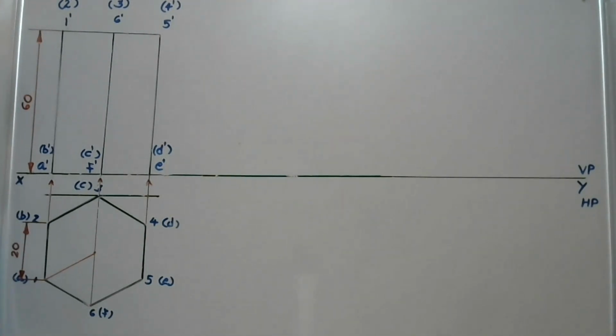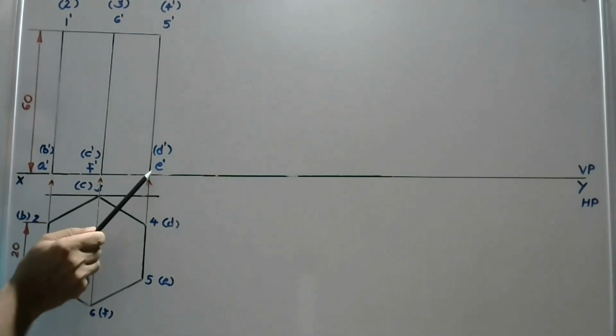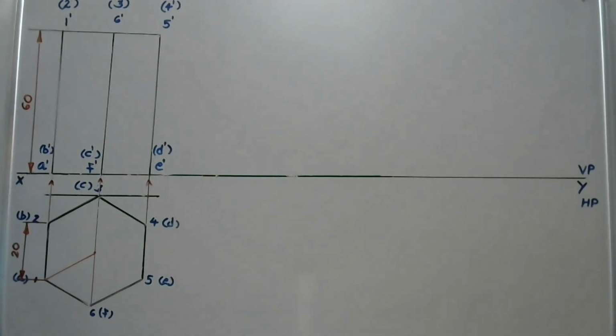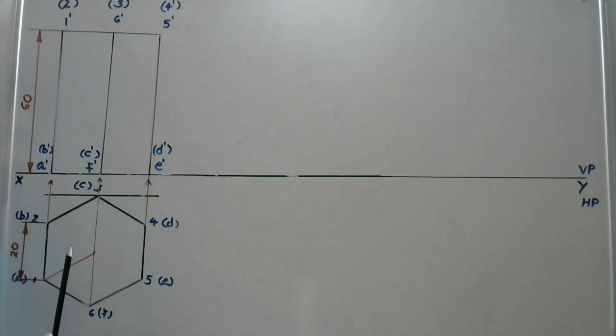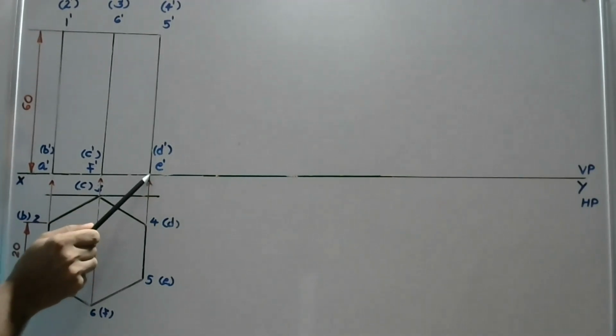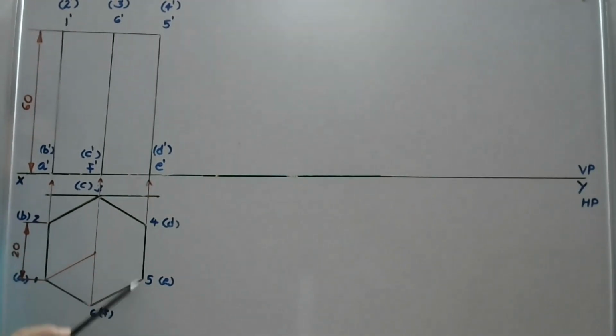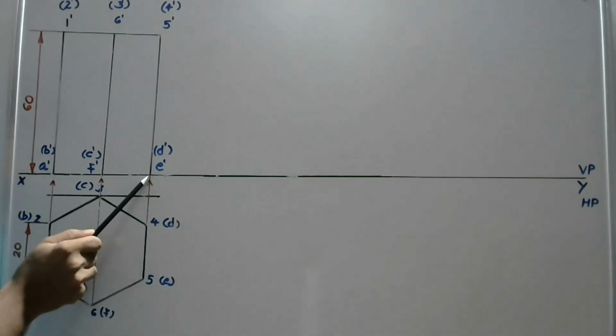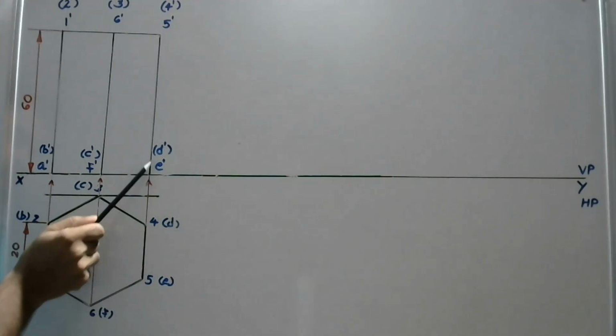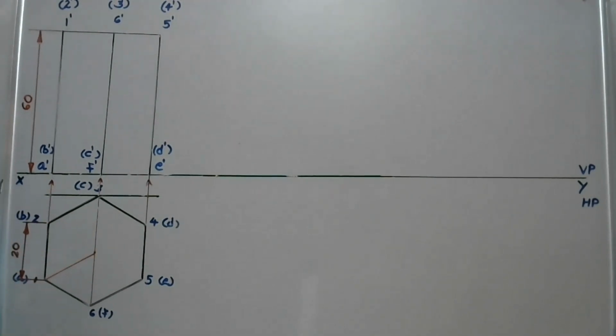This is the simple position arrangement, corresponding top view, corresponding front view. Then we can apply the next case. The base edge is resting and the axis is inclined to 60 degrees. Here the base edge on the right side, on which the prism is resting, is D dash E dash in the front view, or DE. That is the base edge resting on the horizontal plane. So D dash E dash is resting, and the axis is tilted to 60 degrees.